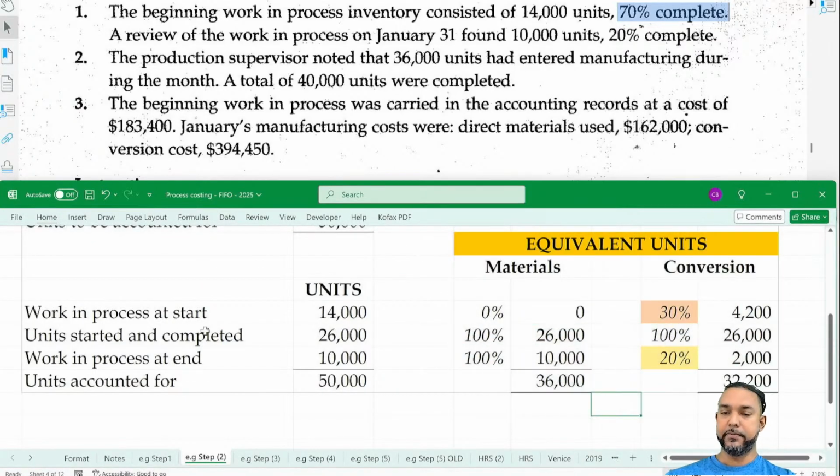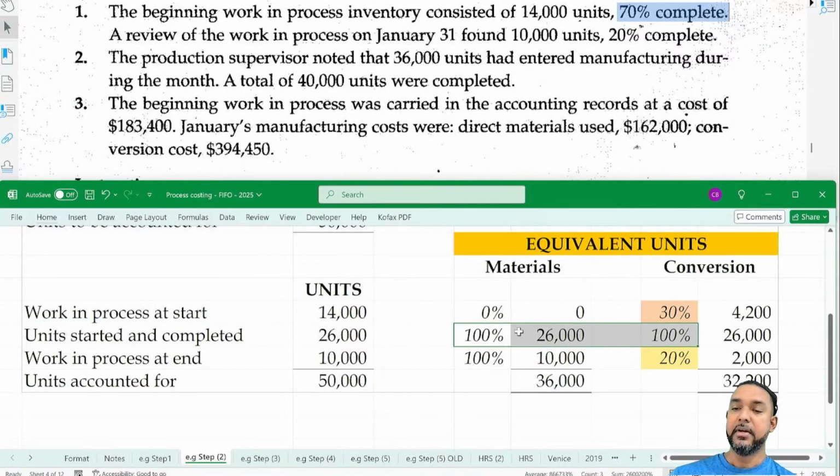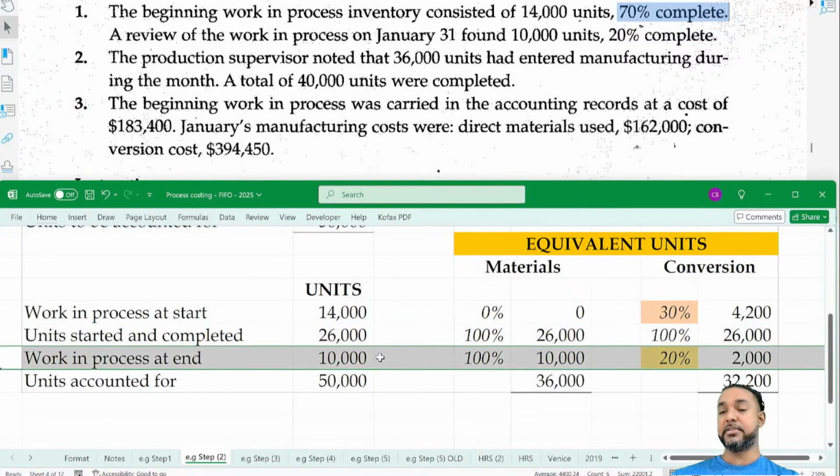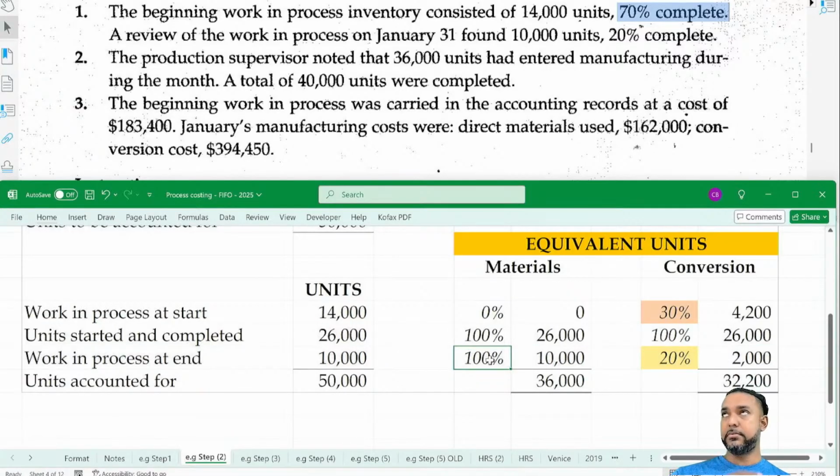So again, what we're doing is we're using the percentage complete to multiply by the physical units to determine the equivalent units, right? So for the units started and completed, that's easy, the work is 100%. For any work in process, it's the same thing as in the previous weighted average method. Once the question says it, it's 100% complete with materials at start and whatever the percentage complete they give us here for conversion. Now for this one here,